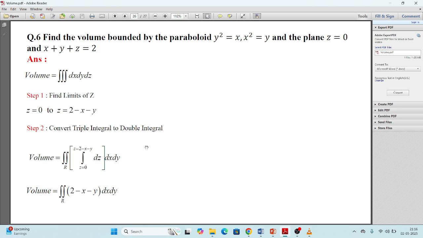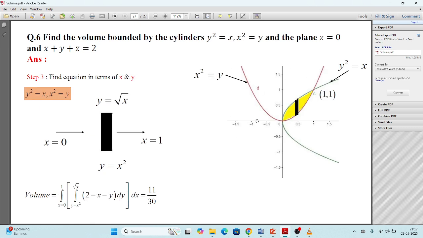So at the end, see, you can take a trial here. If you are checking now, plane z equals 0 to z equals 2 minus x minus y. This will be the limit of z, which is from the equation itself. And the rest is y square, x square, y. So I think you are very familiar with this. Two equations are coming in x and y. So you can take it in this way, as we have solved many problems before.